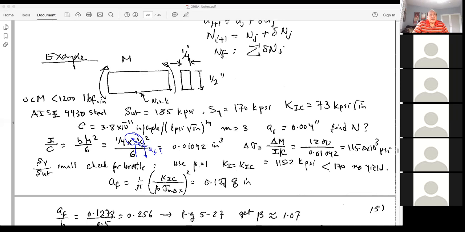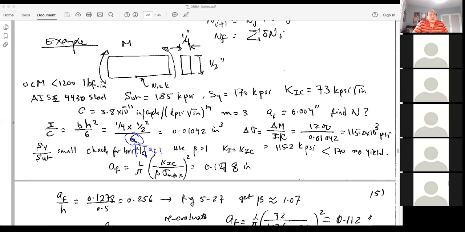So if we assume that it's going to be brittle fracture, and the telltale here is that the yield strength of the material is kind of close to the ultimate, so there's not a lot of ductility once the material yields. So most likely it's going to be brittle failure, but we have to check. And we don't have any information on beta, so we're going to assume beta equals 1 for the time being,